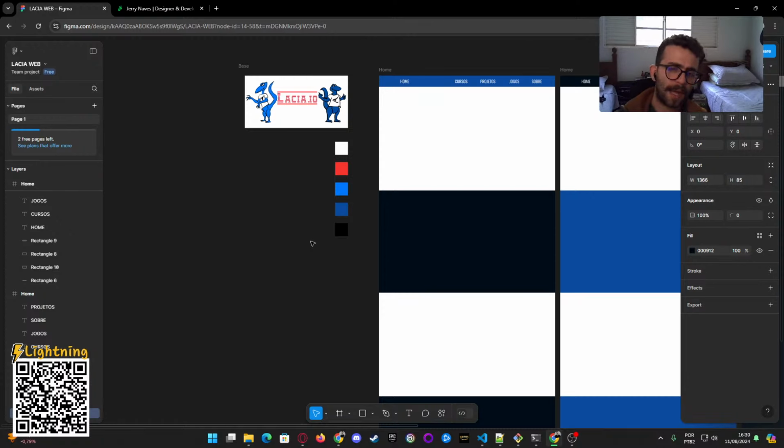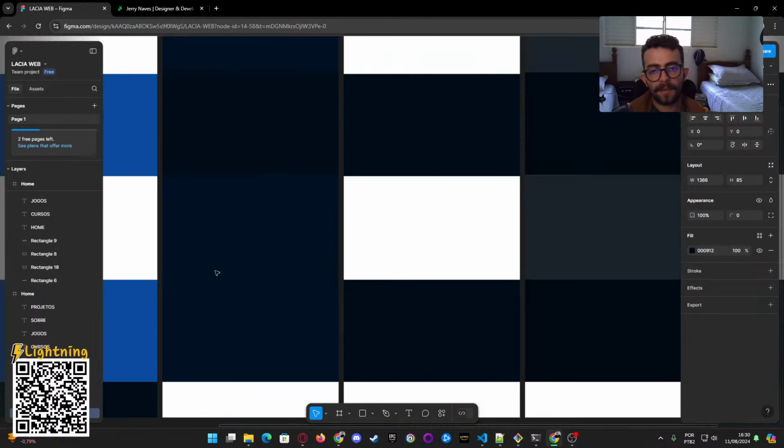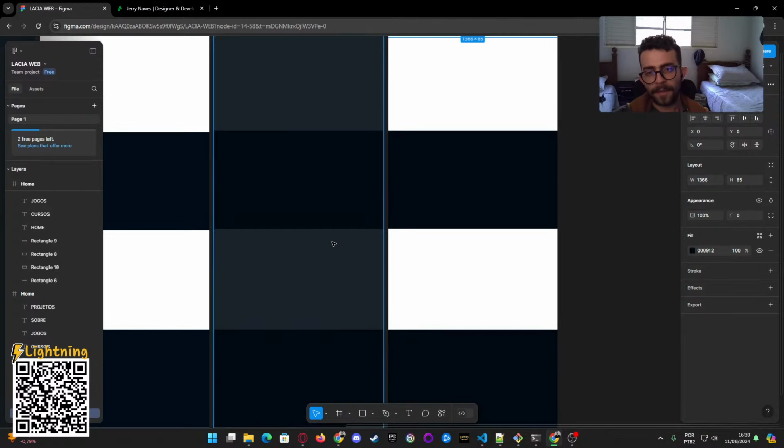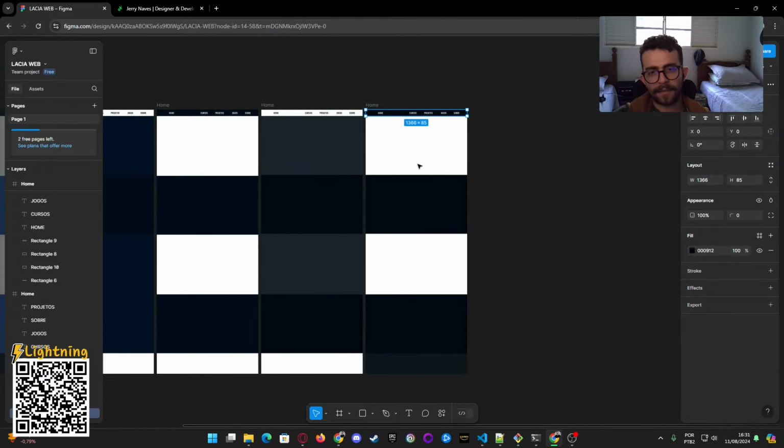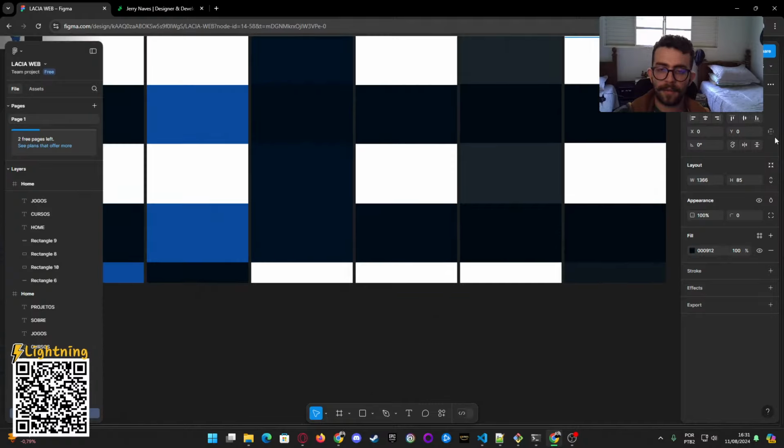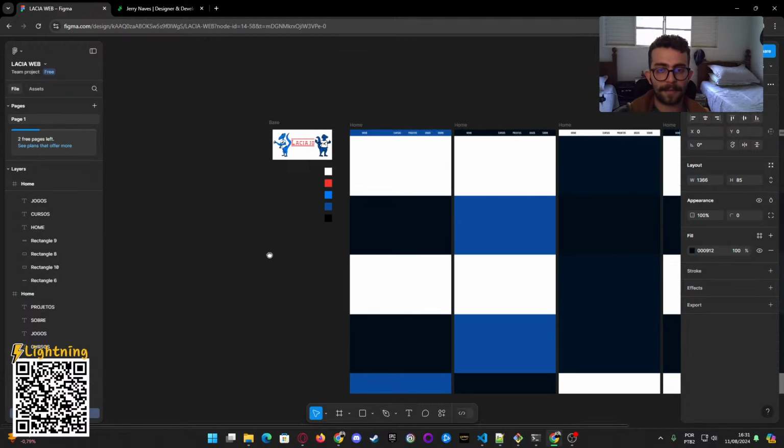These colors will help you map this aspect of your project. For example, here we have white, black, darker blue, and things like that.